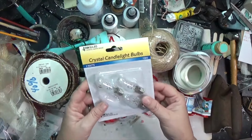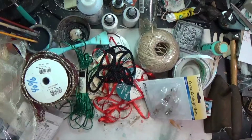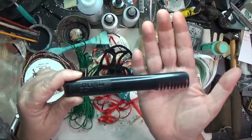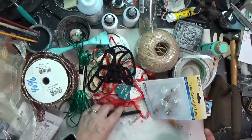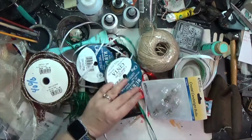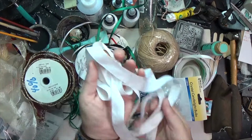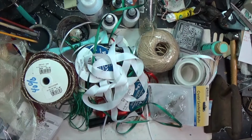Oh, cool. Some crystal candlelight bulbs. Those are fun. I could probably use those in some assemblage. I do like bulbs. Oh my gosh, what is this? Y'all, what? Brush comb. Anybody? Any ideas? No ideas. Okay. Some white ribbon, green ribbon. Thicker white ribbon, gift wrap ribbon, gift wrap ribbon,